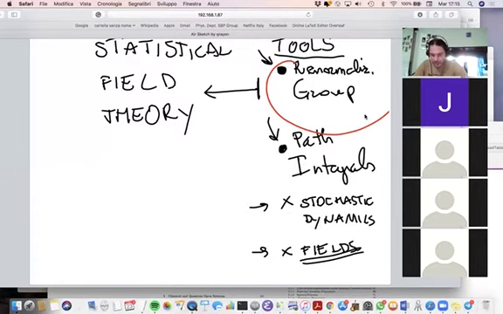Okay. Of course, anytime feel free to stop me, ask me questions. So what is the renormalization group at all? Renormalization group, so let me start by